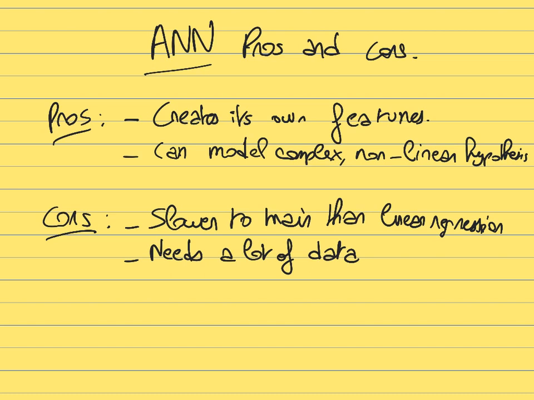But for this, in order to train your network, to find the right value for all the parameters, to make it able to learn the right way to convert the input to the output, you will need a lot of data to be able to find the right value for all those coefficients. So if you don't have that much data, then it's going to be very challenging to use an artificial neural network, and in this case, using linear regression, polynomial regression, or lasso might be a better choice.